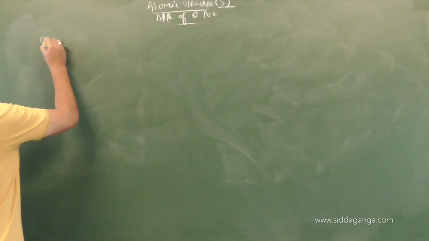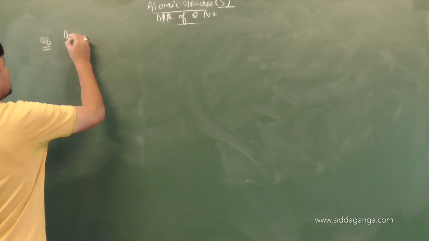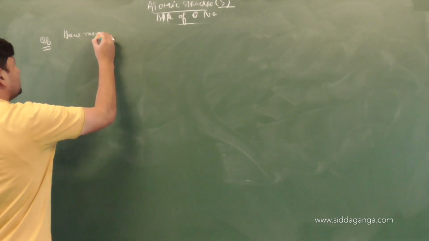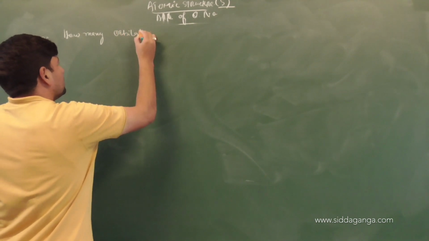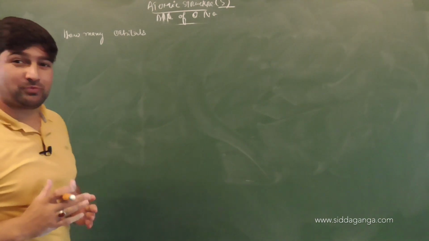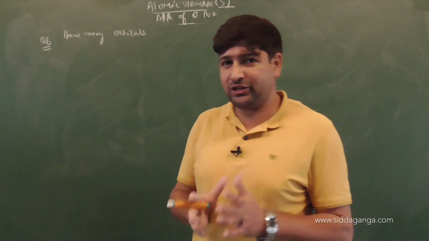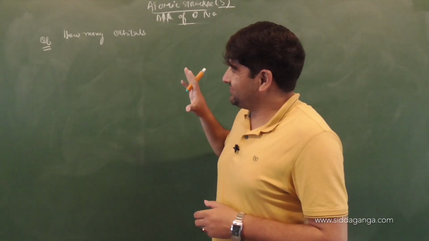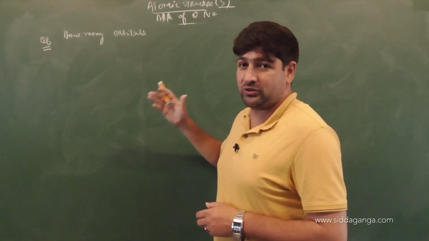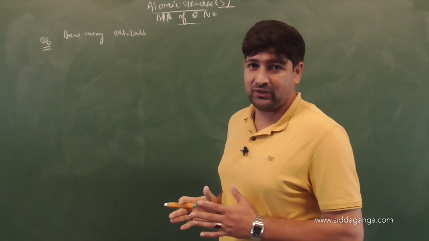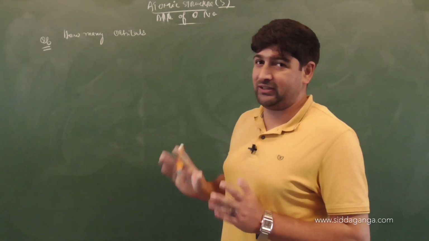So question number 6. How many orbitals? You need to understand complex problems so that simple problems become much easier for you to solve. You have to make sure that you are focusing on these classes very clearly and very carefully. Once these classes reach you, you need to make sure to rewind and revisit these classes again and again, so that you can get the concepts with respect to these important topics of chemistry very clearly.